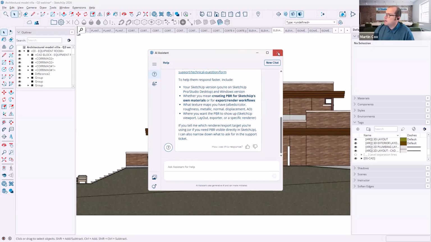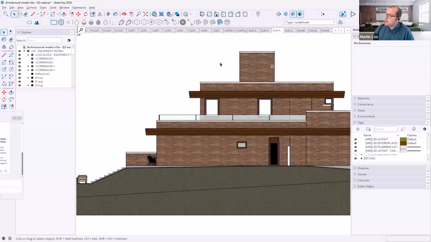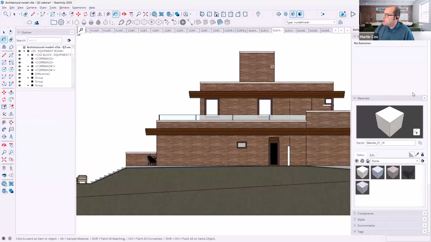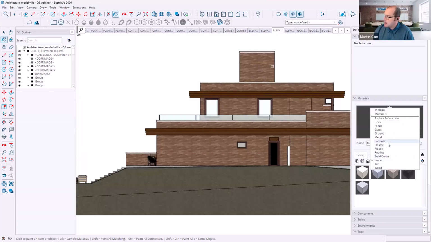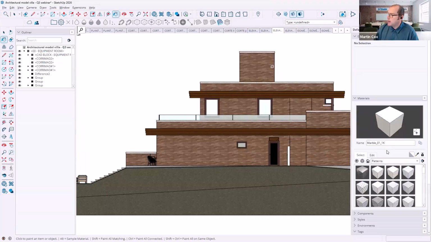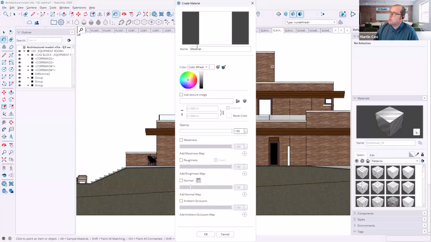But what I'm going to show, if it lets me turn off the AI assistant, that's fine. There we go. Within my materials, if you see, if it's a cube like that, it's already saying that this is a PBR material. And a lot of ours will be within the material, so that's a metallic, reflective material. But if I create my own new material, so if I say add a new material,